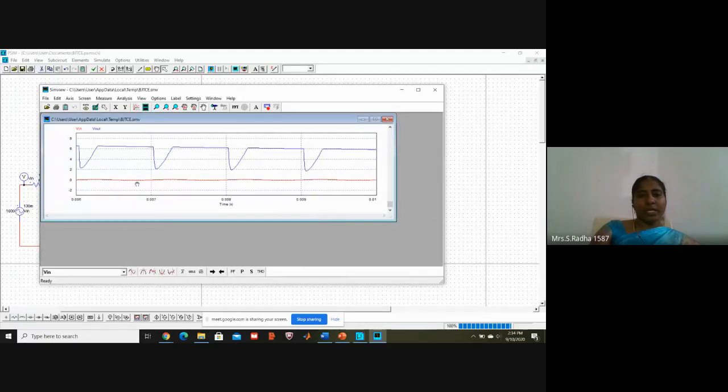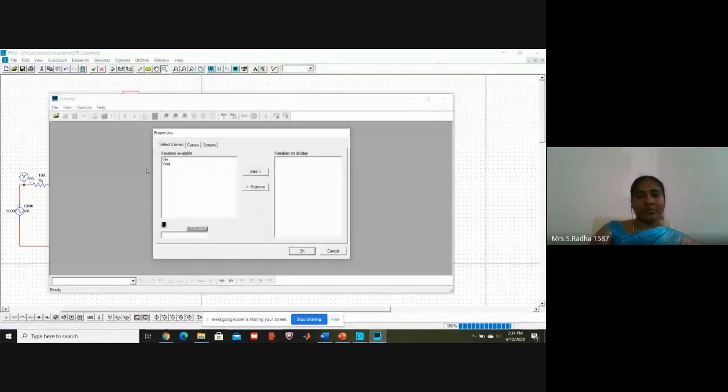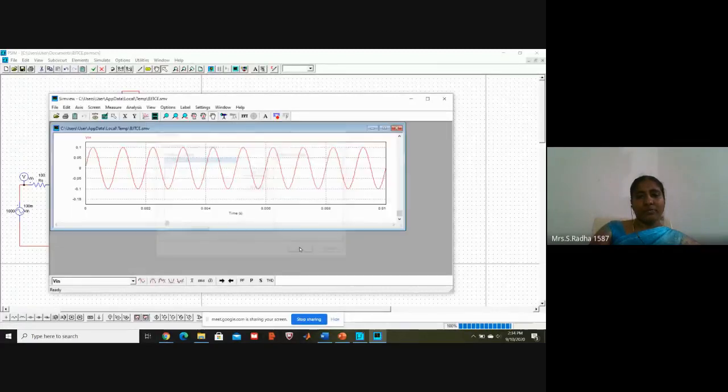Then that portion alone is displayed, 0.006 and then 0.01. Here height is 50 millivolts. Okay, if you see input alone, it is 100 millivolts because in the circuit we have changed it. Okay, so if you see, I am going with the circuit. Input alone, if I want to see, it is coming 100 millivolts. Okay, 100 millivolts is nothing but 0.1 volts.